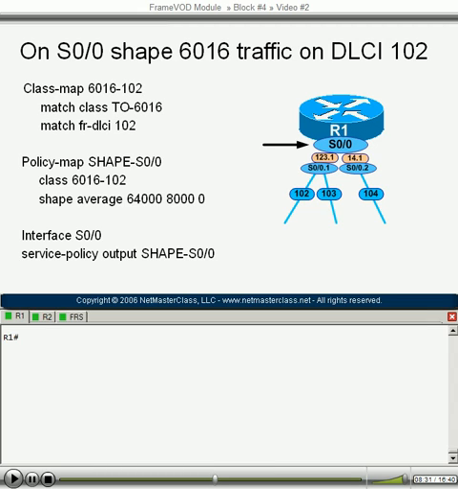Now let's take a look at our class map. It matches on our existing class that specifies destination UDP port 6016. However, there is an additional criterion. Matching traffic must also be on DLCI 102. Since our policy is applied at the interface level, it would apply to traffic on all DLCIs without this match. Unlike shaping